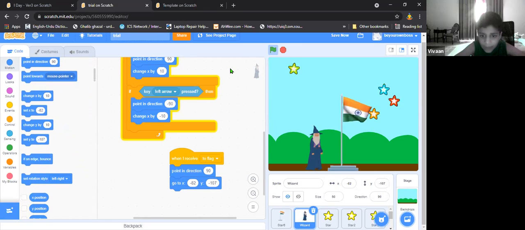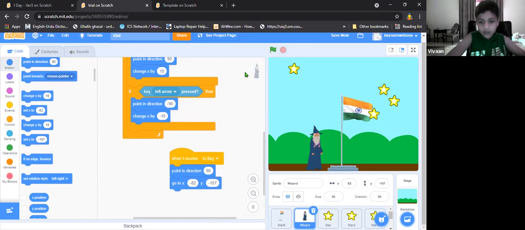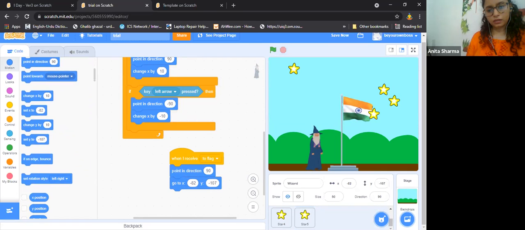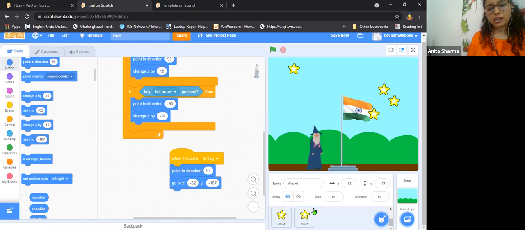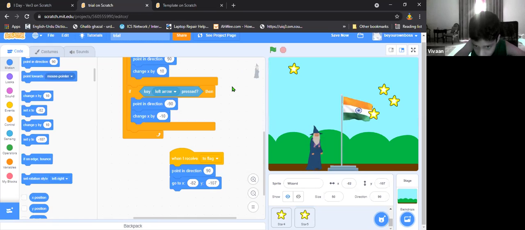Let's see if it works. If not, then we'll see. When I receive 2 flag, it is not going to the star 4. It's not going in star 4. Okay, so what are you doing? You are just dragging and putting it there? Yes, ma'am, but it's still not going. Yeah, sometimes it happens here. It was not happening with the star. Sometimes it happens. It's okay. There are only 2-3 blocks you can write also. Okay? Yeah, ma'am, but how do I remove it?